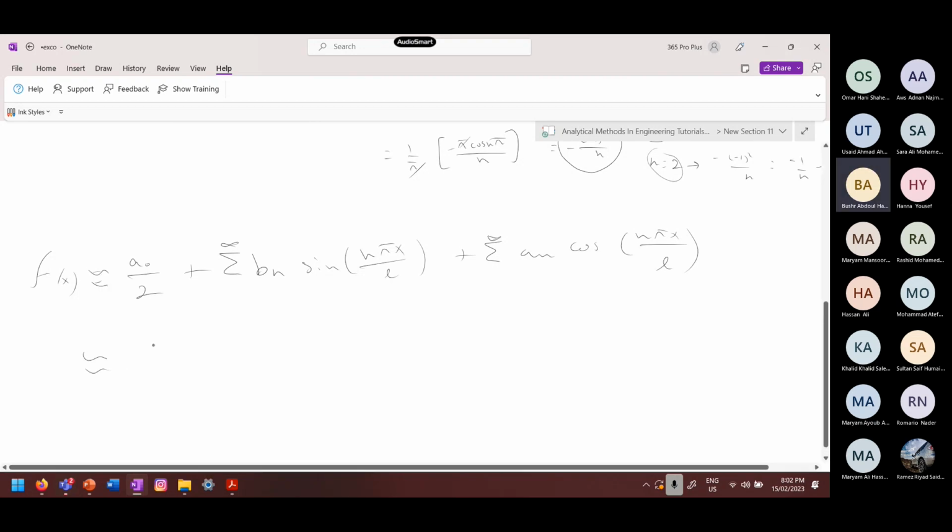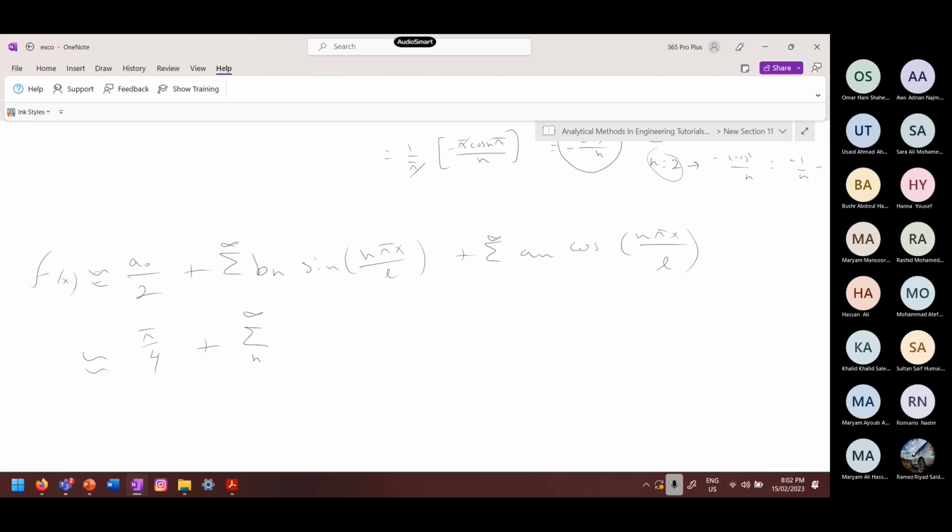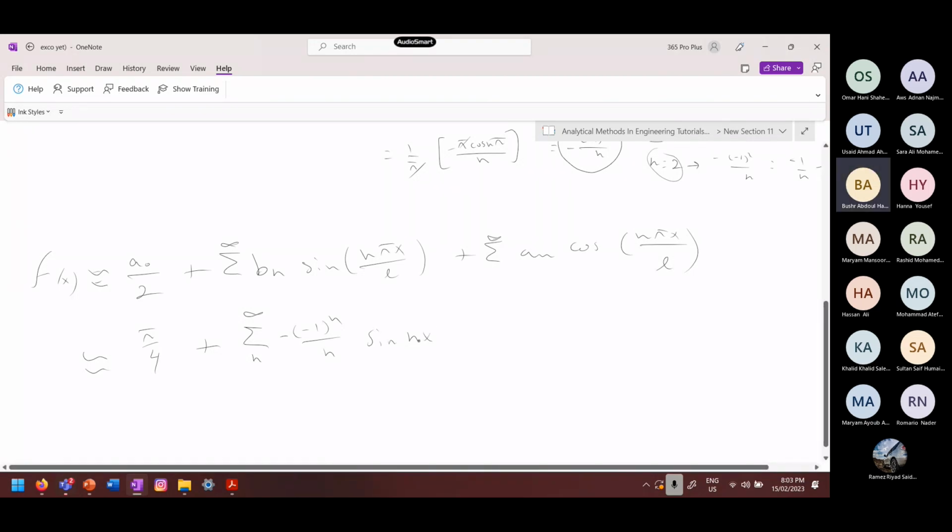Okay. A0 over 2, we have pi over 2 over 2, which is what? Over 4 plus summation, negative here, n over n sine n pi, not n pi, nx